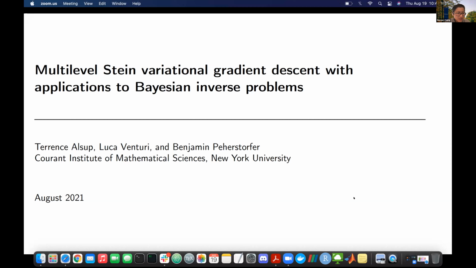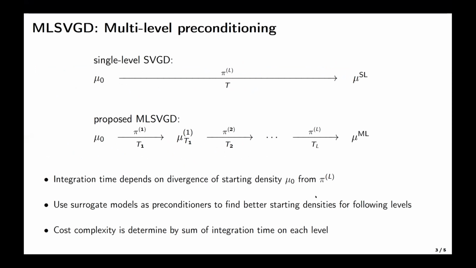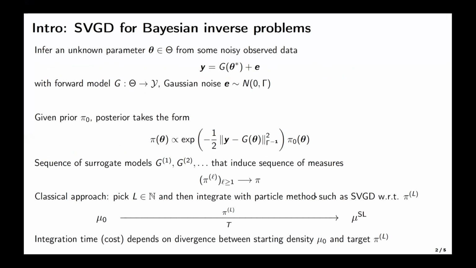Great. So Terrence will present the work on multi-level Stein variational gradient descent with applications to Bayesian inverse problems. Okay, please go ahead. Okay, thanks. So this was joint work with Luca Venturi and my advisor, Ben Peherstorfer. So the main application that we consider in this work is inference for a Bayesian inverse problem, where